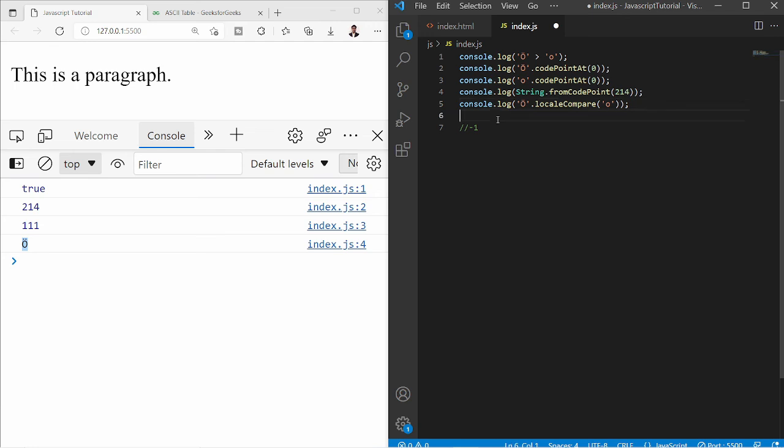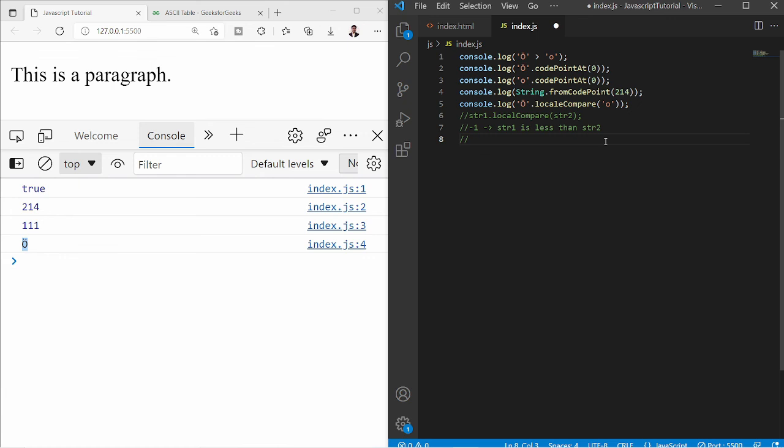In general, suppose we are saying str1 dot localeCompare, and then providing str2 in the bracket. If this line prints -1, it means str1 is less than str2.